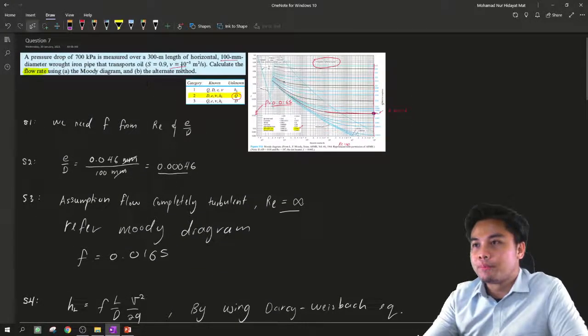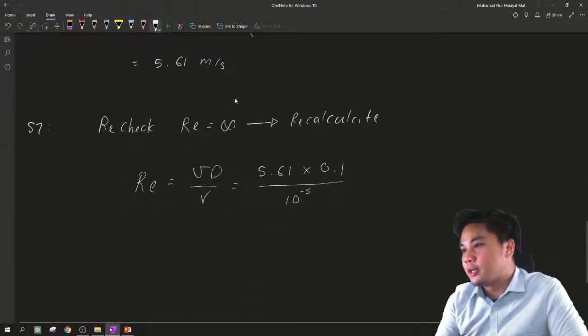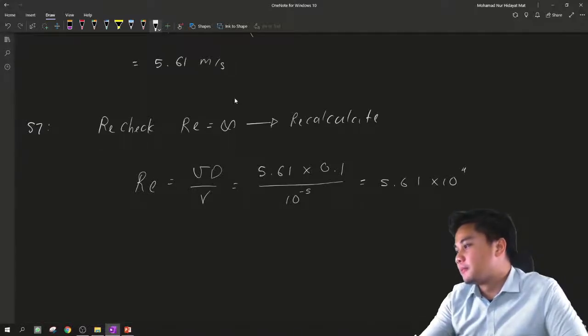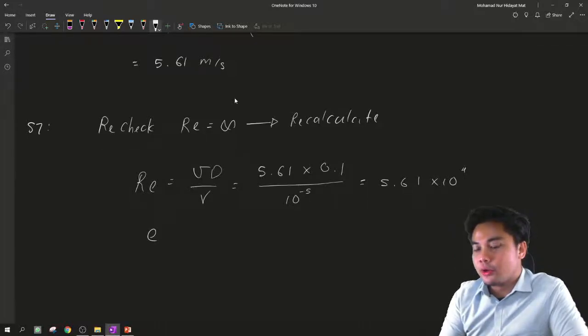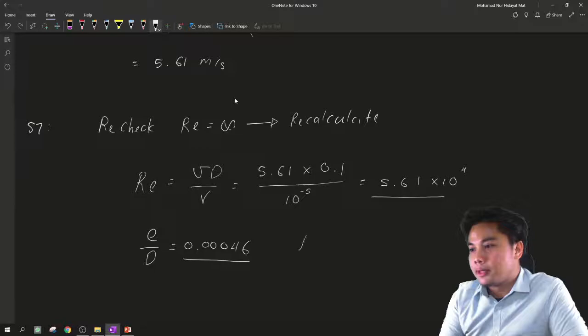So you will get the Reynolds number to be 5.61 times 10 to the power of 4. And then, using the relative roughness you calculated before, which is 0.00046, and using this number and this number, look up the